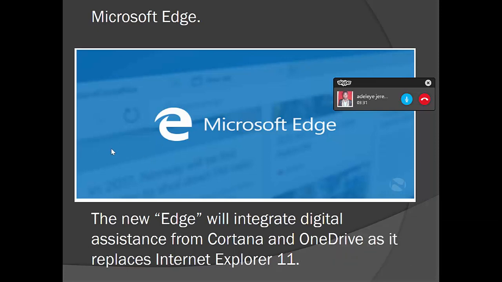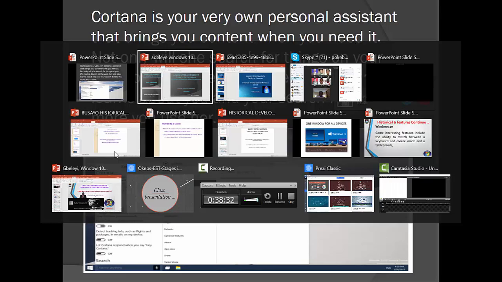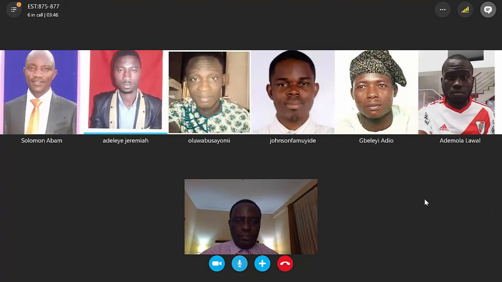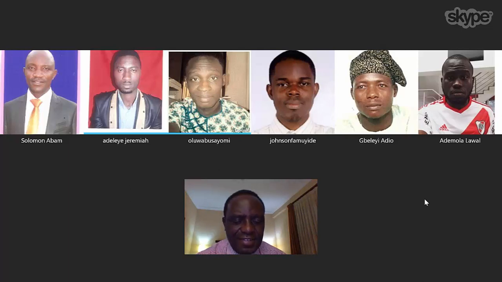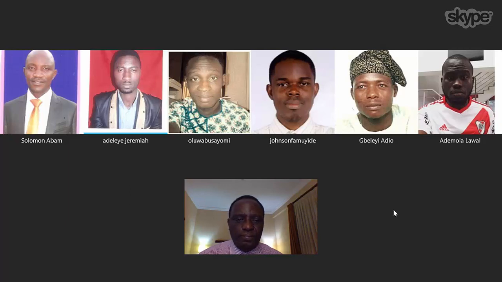Slide 10, I was talking of the container. The container is a new feature added to Windows 10. In Windows 10, you can search online or search within your computer. This container is very sensitive, in such a way that it checks how you frequently search for your files. It saves your search method, and whenever you're looking for any information on your computer or online, it understands the search method you used to use, activates it and gets your file for you. So that is the Windows container. And the last slide, that is